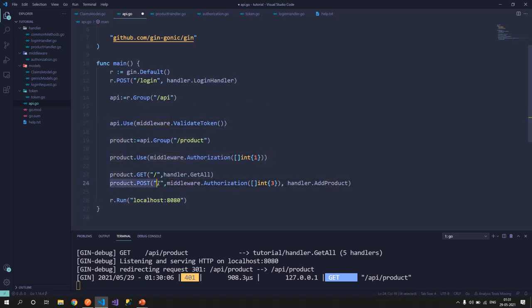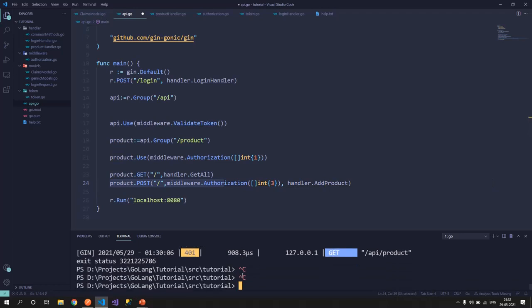Then I have a post API where I have a specific requirement: the user should have role 3. So this makes the post API accessible to someone who has role 1 and also role 3. If the user does not have both the roles, he would not get access to the post API.